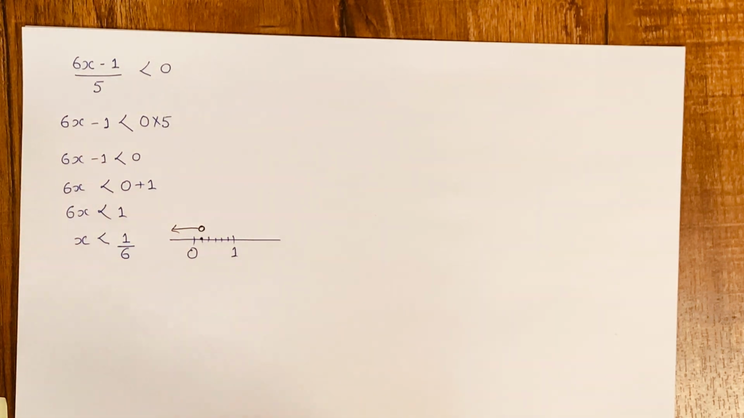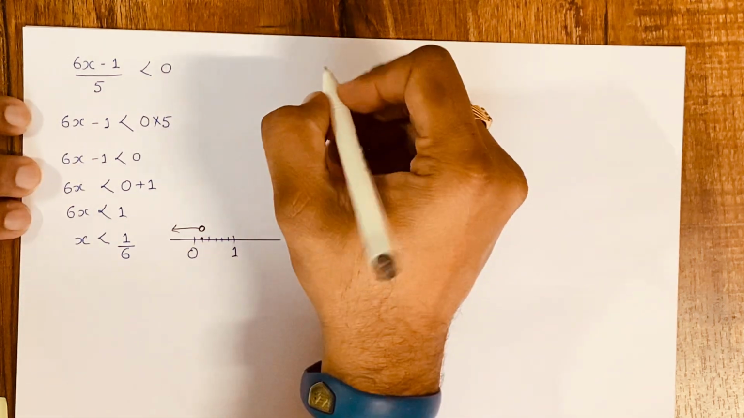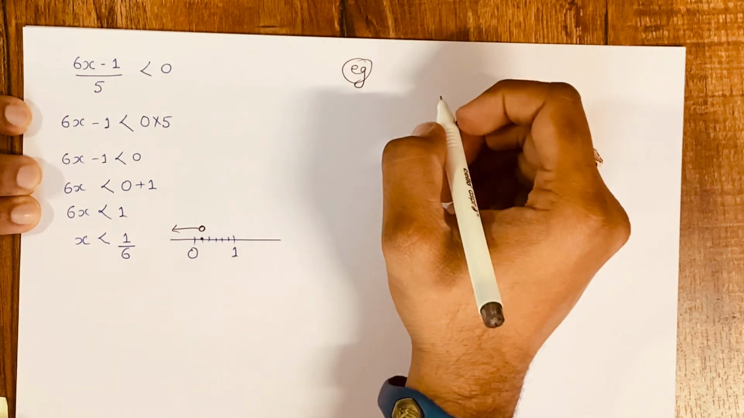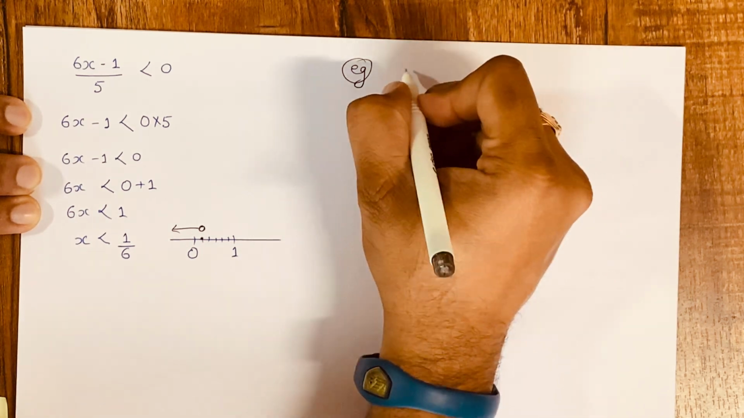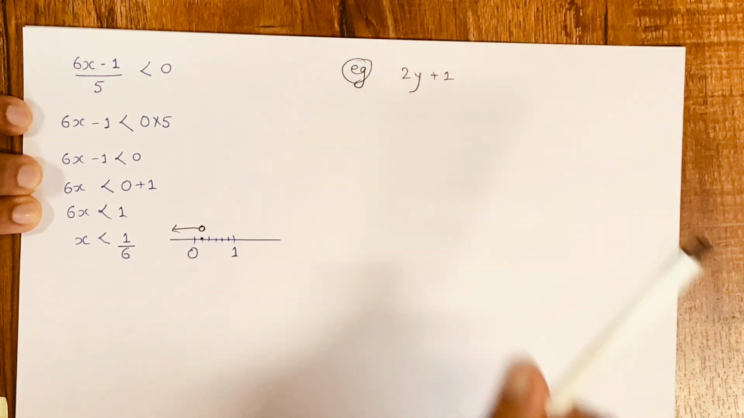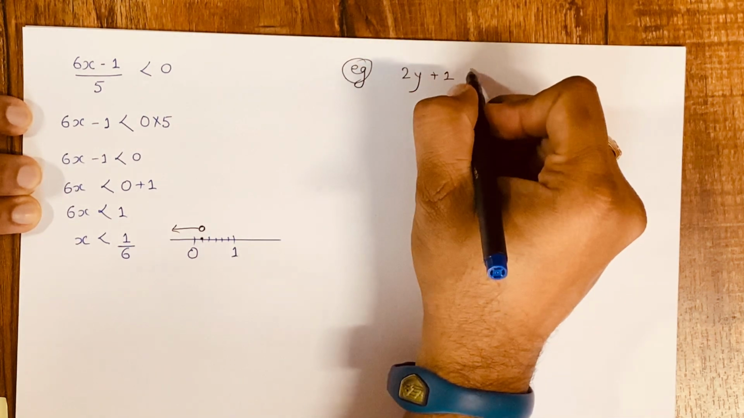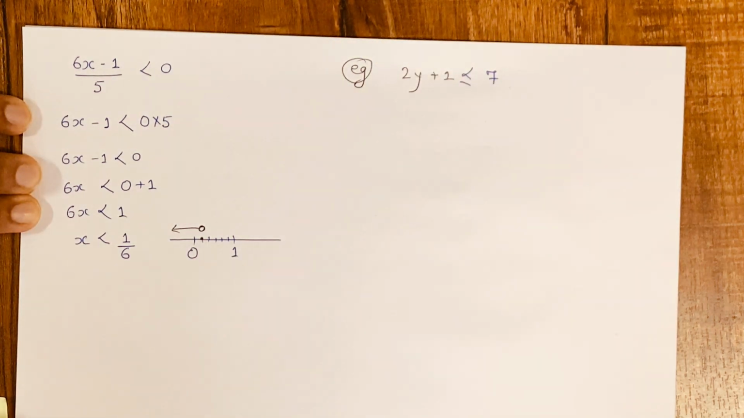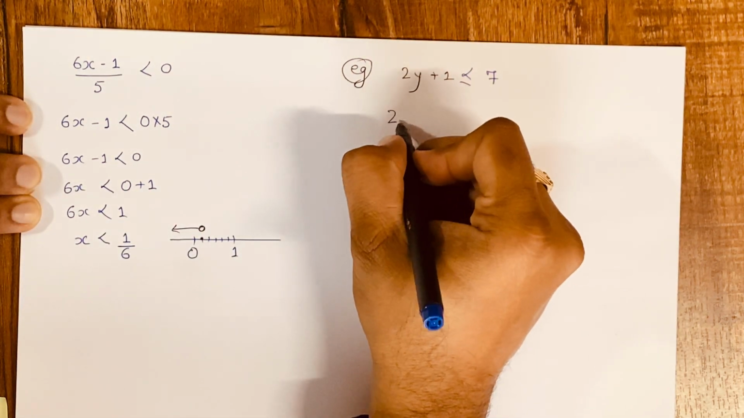Let's do some more examples for you. You can solve a simple one: 2y plus 1 is less than or equal to 7. If you try to solve this, you say, okay, 2y is less